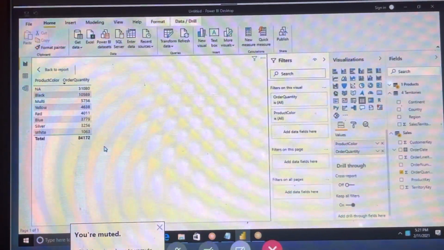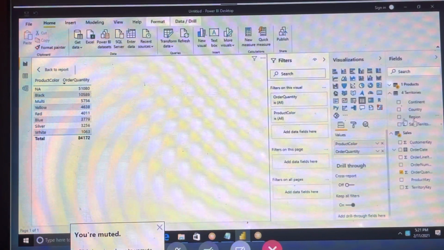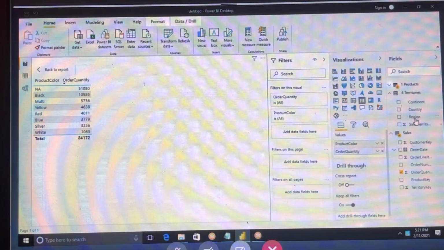So if we have the relation, we get the data. We don't have the relation, so we are not able to see the region data.